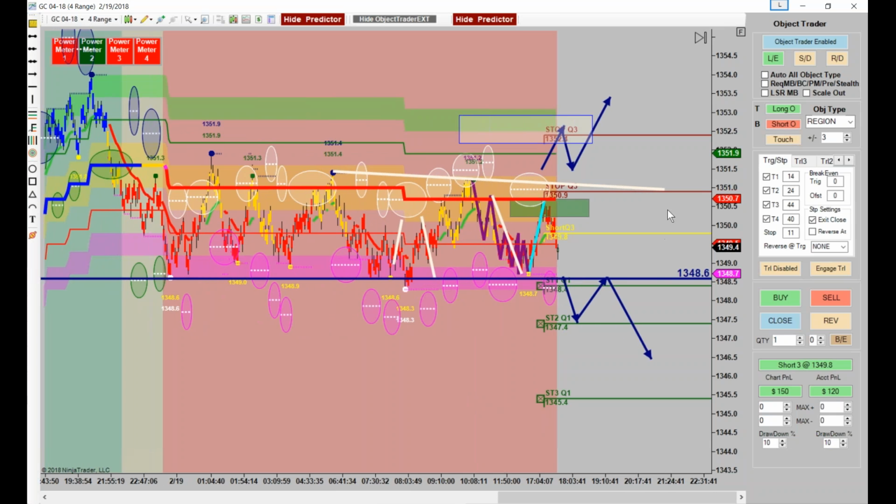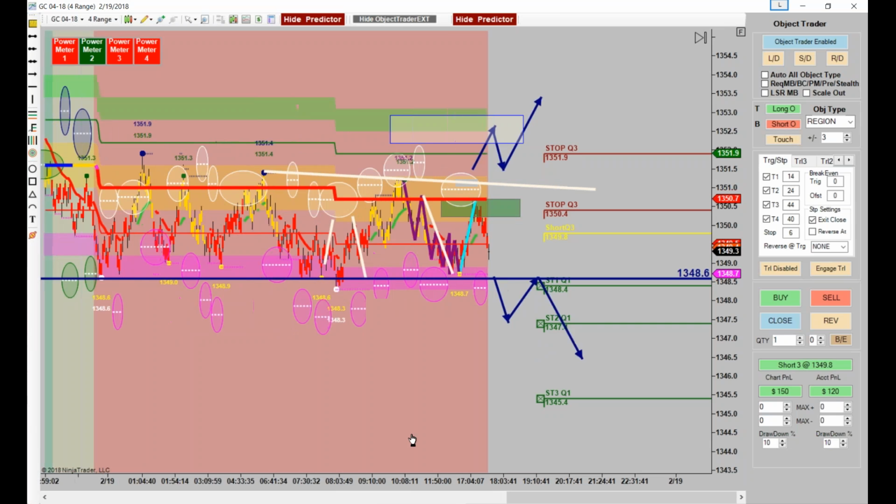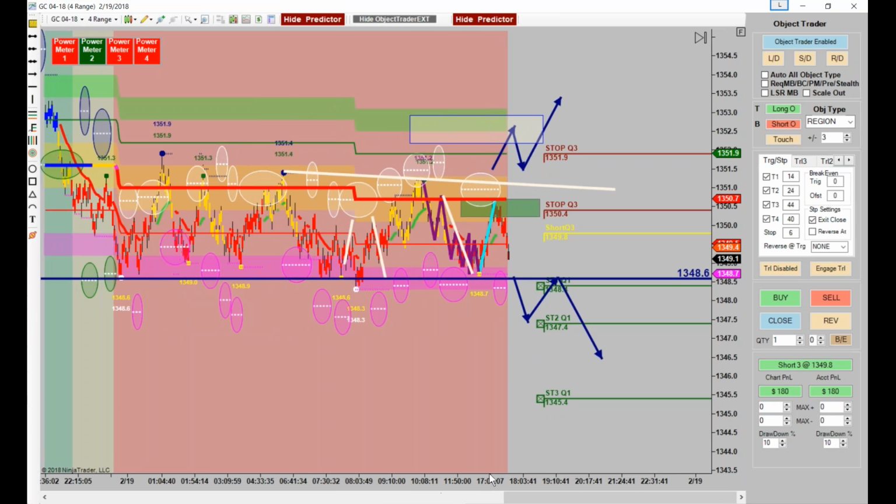Okay. But now that it's closing down below there, I would probably go ahead and protect that and not even worry about the box anymore. Okay. Because we don't want to give them all this back. We've got $210 already, and that's decent. There's even, 210 so far. There's 240.